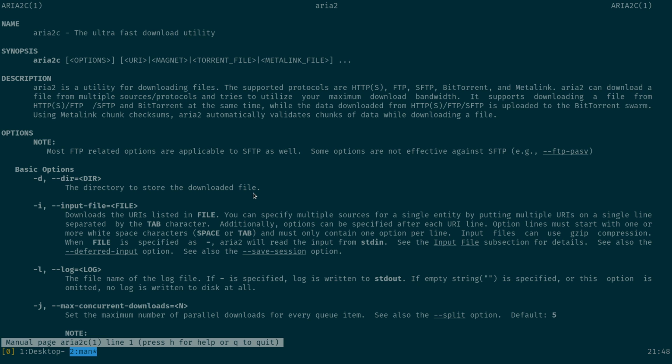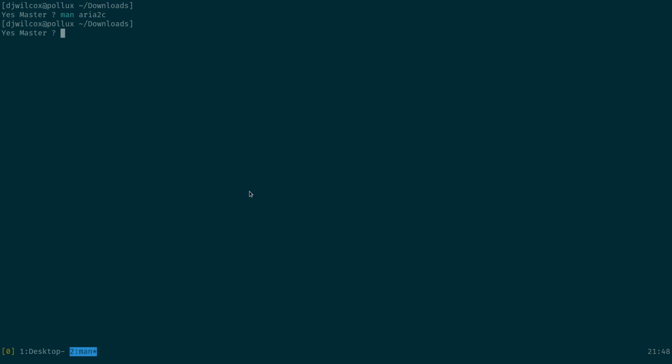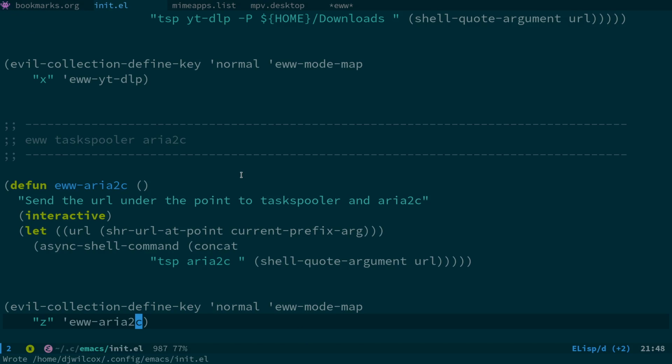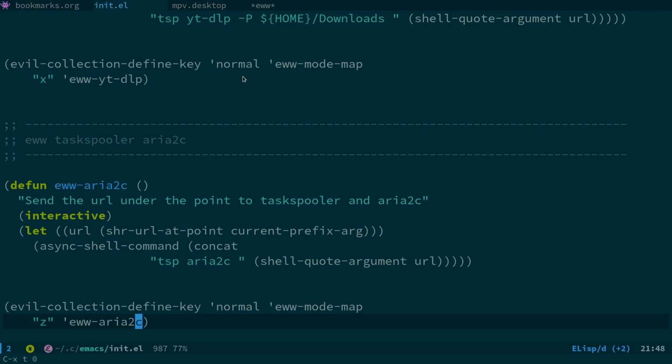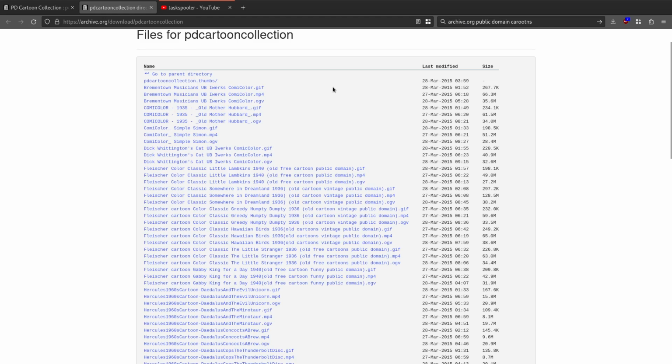But what we want to do is set this to download to the downloads directory. So what I'm going to do is just double check the syntax before I stick it in to my config. Just close some of these windows. So what we want to do is specify downloading something to, copy that link,